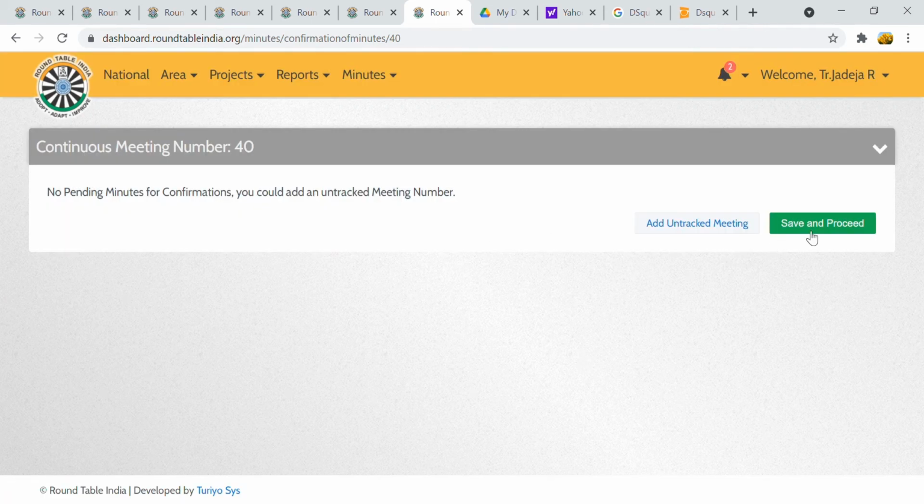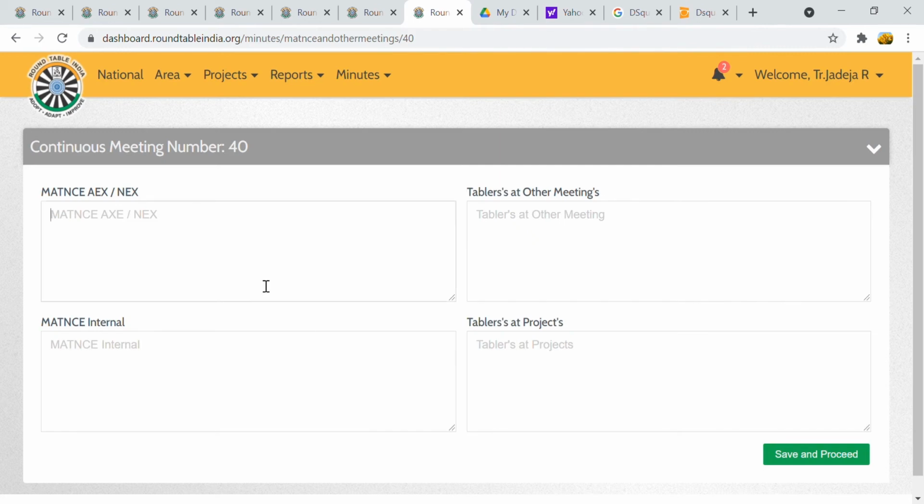You confirm your previous minutes over here, and any corrections that need to be done can be added over here. Since there are no previous minutes here, I'm not able to show that. It's pretty self-explanatory. MATNAN stands for matters arising thereof not covered anywhere else, which basically means if there is anything that was left out of the agenda or if some issue was brought to the table's notice after sending the table meeting notice, you can discuss it over here.